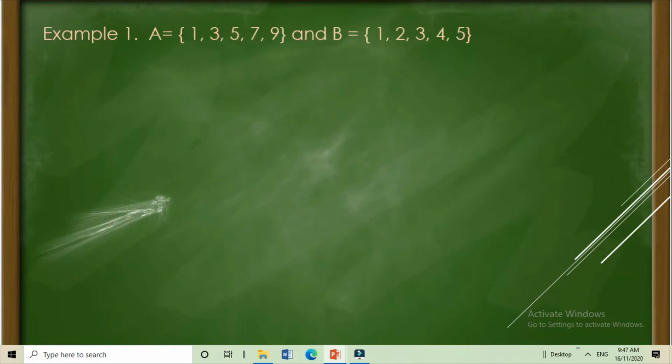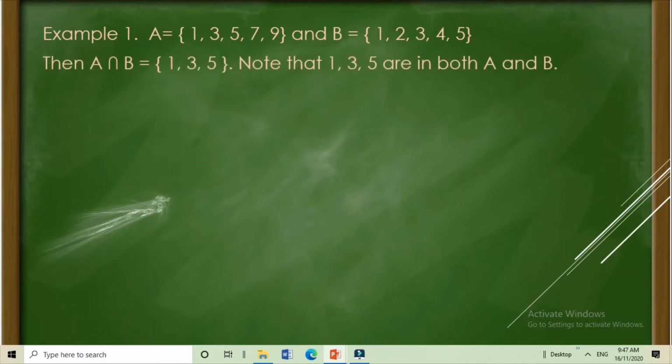Example number 1. Set A is equal to elements 1, 2, 5, 7, 9, and set B is equal to elements 1, 2, 3, 4, 5. Find A intersection B. So, ibig sabihin, hanapin natin kung ano man yung mga element that is present in set A and also present in set B. Unang-una, 1.